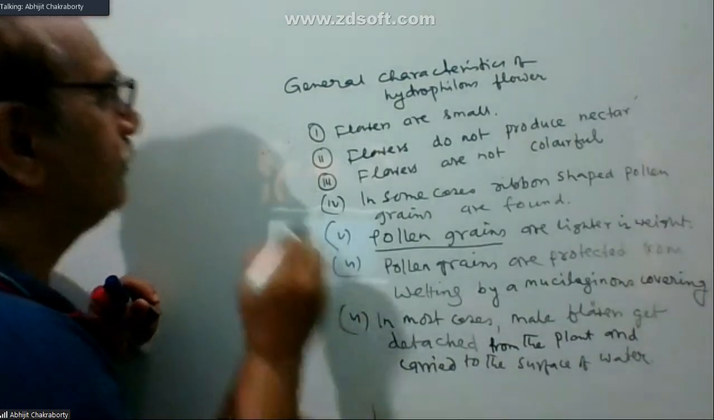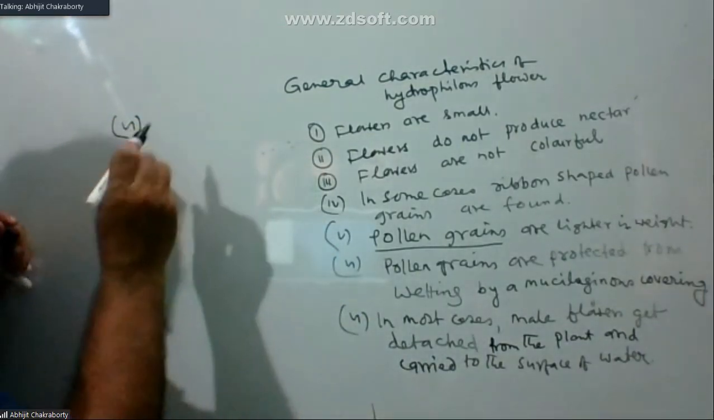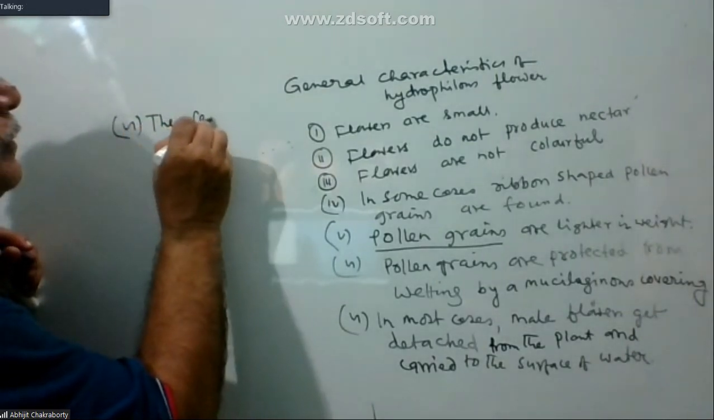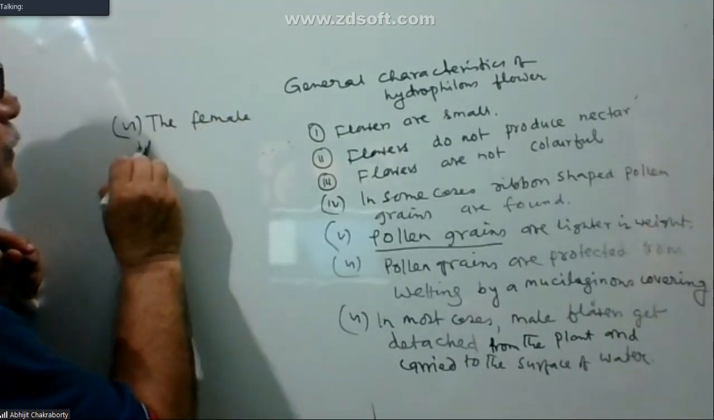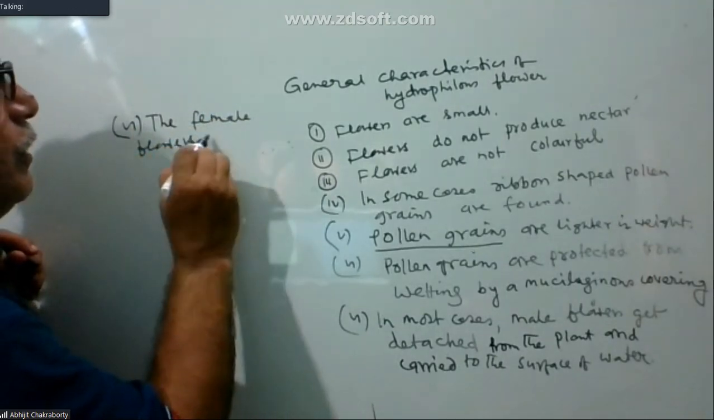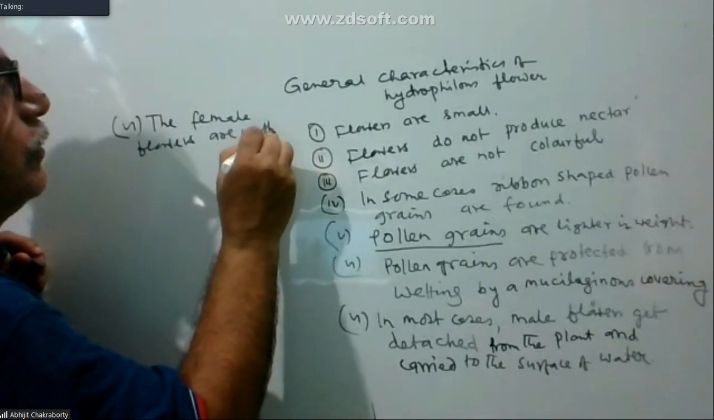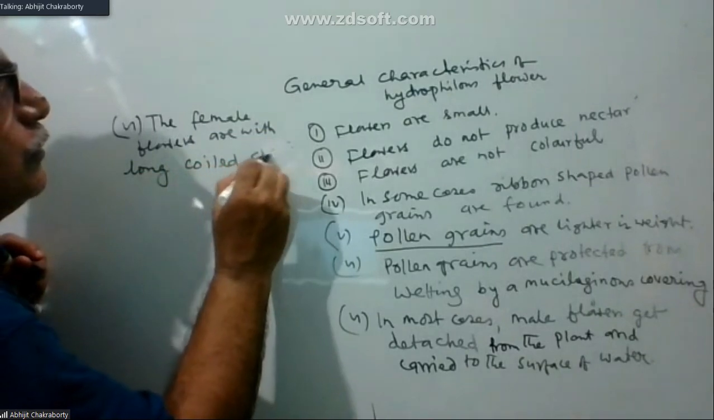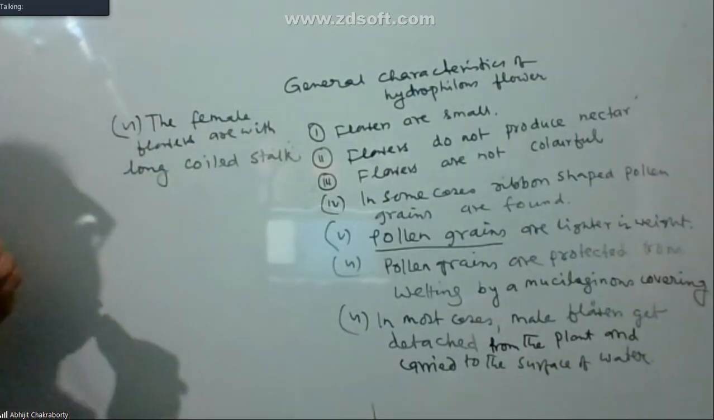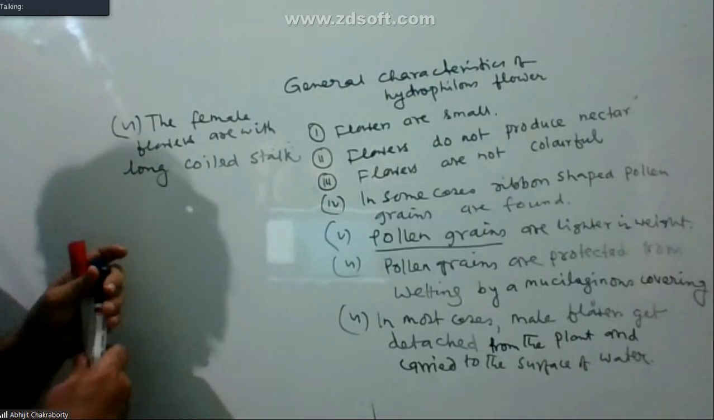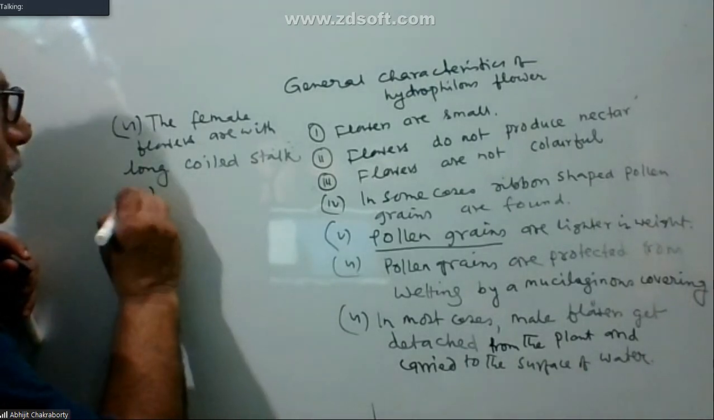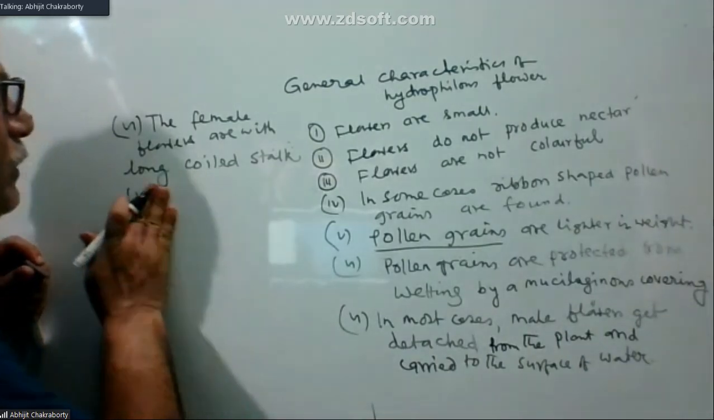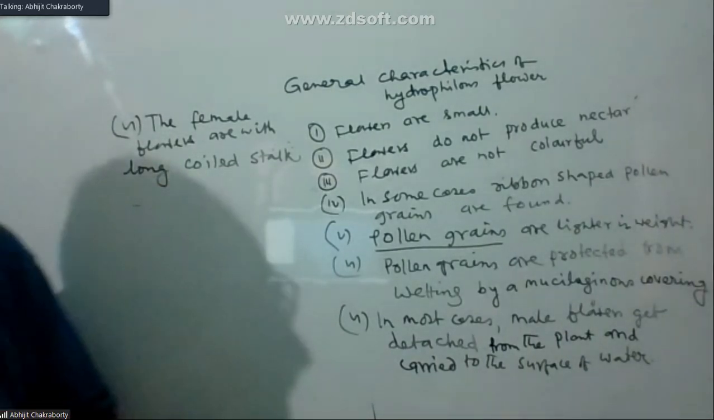The stigma of the female flower are with long coiled stalk. Stigma is there, like that. So these are the basic characteristics of